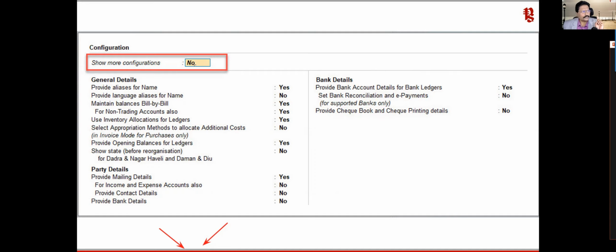And also we will go to the next level of additional configuration. In the next level of additional configuration, what are the other configurations that are available for you to leverage for better management of your company's financial and inventory information?